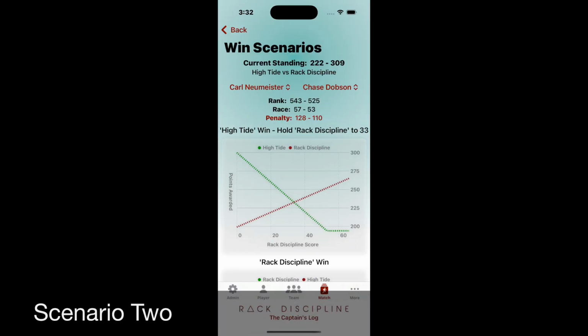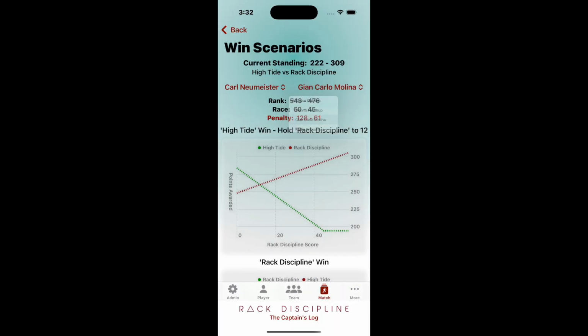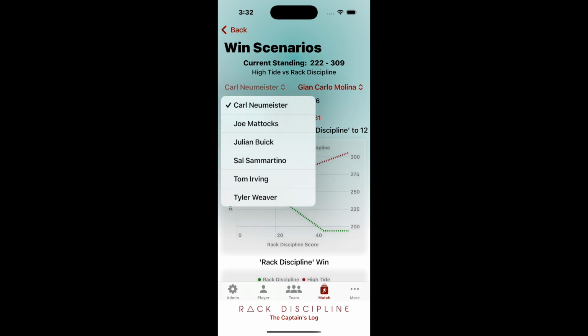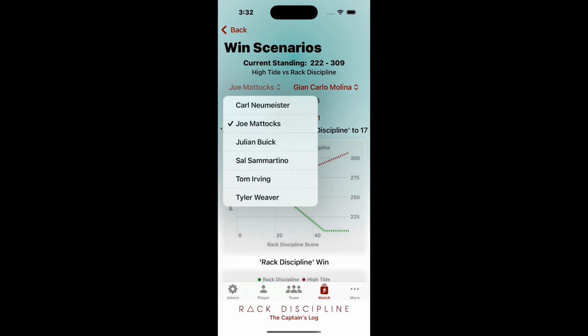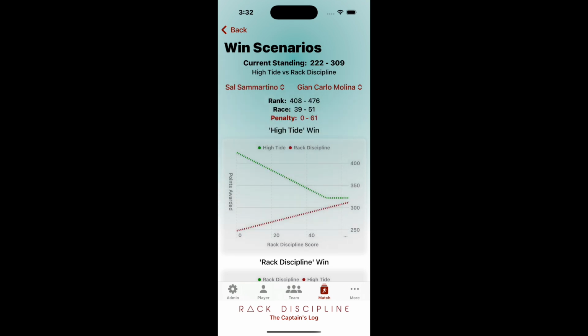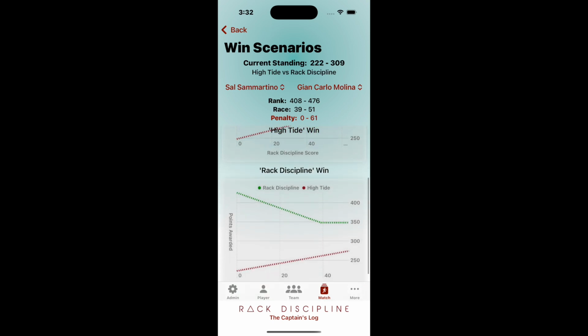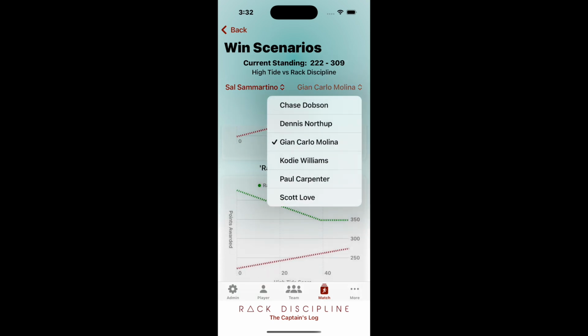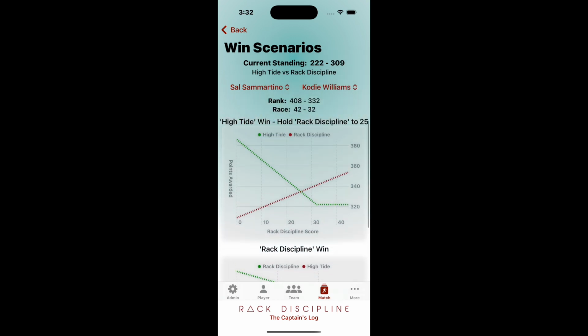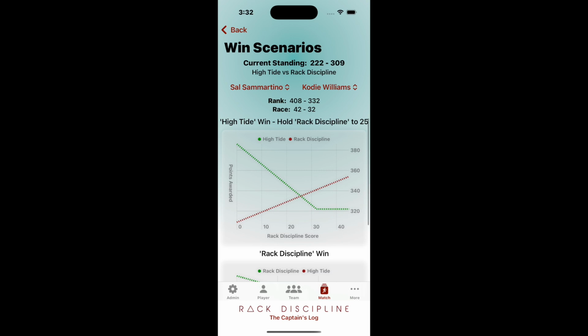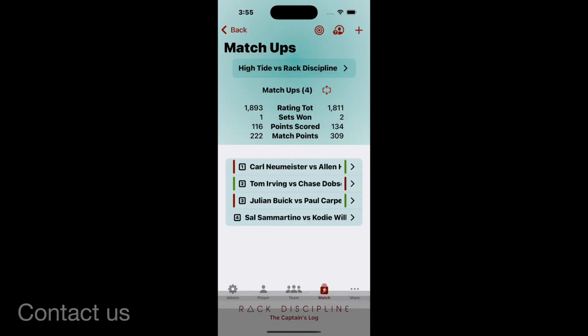In a different scenario, instead of playing Joe, High Tide play their low-ranked player, Sal. This removes their penalty, and the match is determined by the winner. Even if Rack Discipline choose their low-rank player, Cody, they have a difficult task to score enough points to win if Cody loses his matchup. While Sal and Cody finish their matchup,